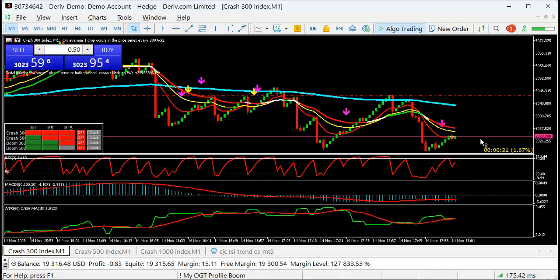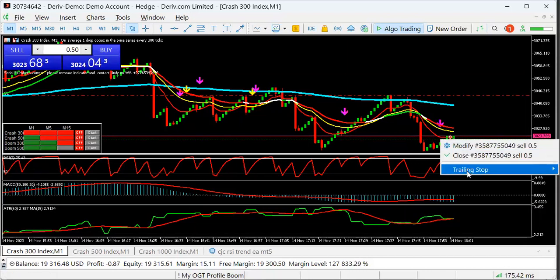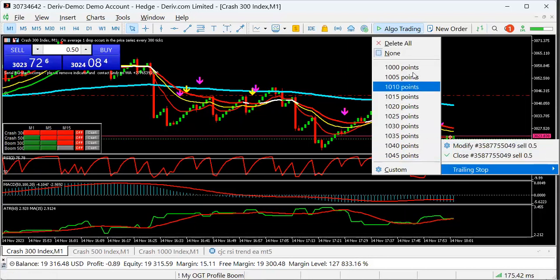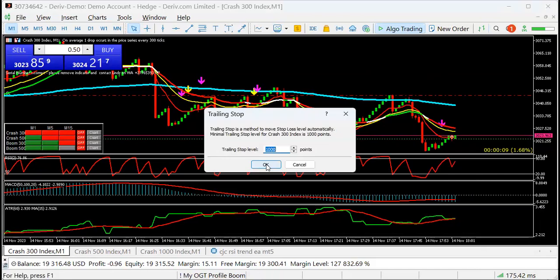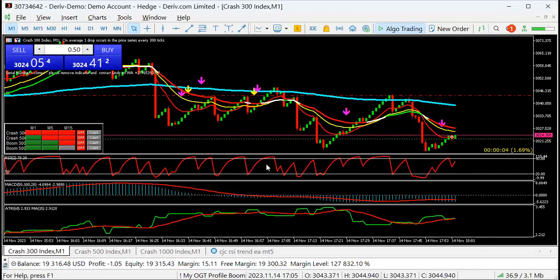Look, my trailing. I right click and there it is. I say trailing stop. Okay, and you can see this is the minimum. I normally double or triple that. So let's triple it. Let's say I'm going to make it 3,000, right? And click OK. You don't see anything happening, but if SPY goes down, the stop loss